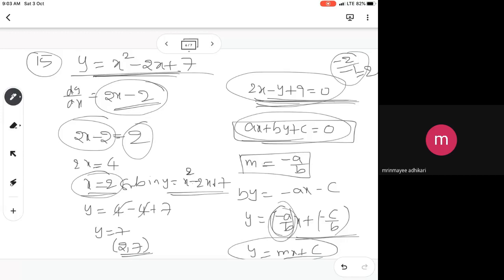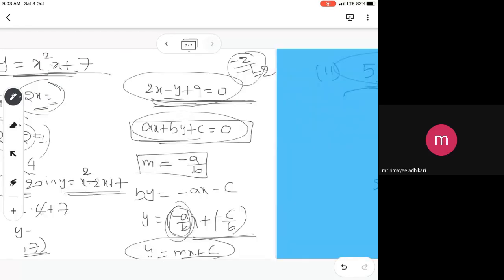Okay, so like this, the remaining problems are not very difficult. You can do it. So that the tangent is parallel to the x-axis. And the 17th question: find the point on the curve y equal to x cube. The slope of the tangent is given to you as equal to the y coordinate of the point. Here the y coordinate of the point is given to you. So the y coordinate of the point is nothing but the slope, and you are going to get 3x square. If you are doing the 17th question, it is given to you. Question number 17.